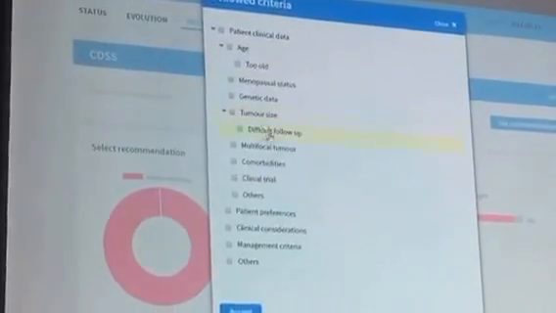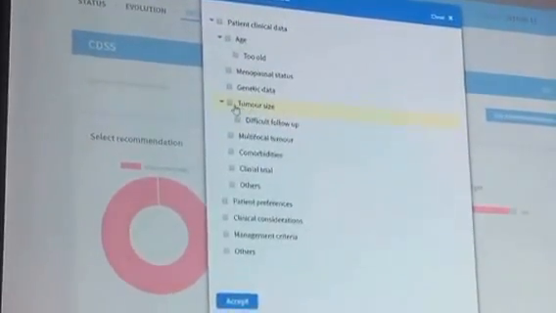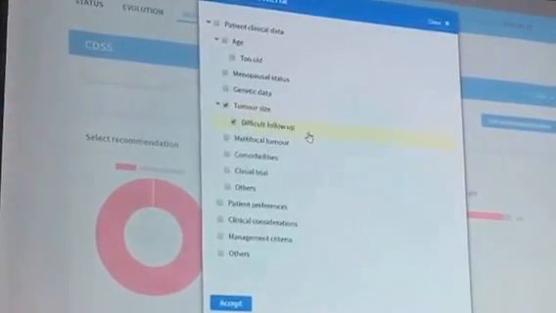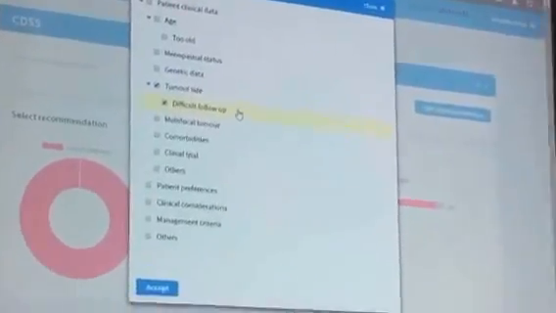and we could say, okay, I want to give another treatment. But then the system wants to know if there is any criteria or reason for that. So we could say that, for example, the tumor size was difficult to follow up, because that could be the case sometimes before the surgery, because they don't know exactly how the tumor is, because the images are not clear and so on. So we do accept here,